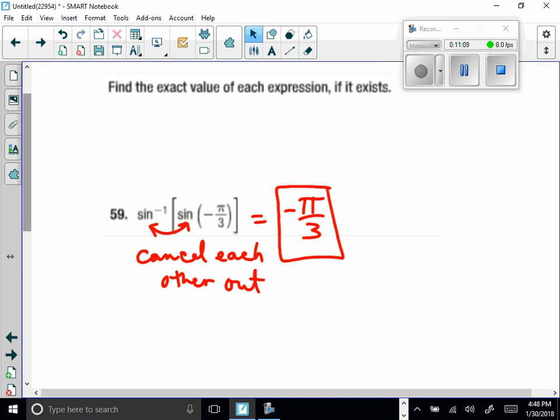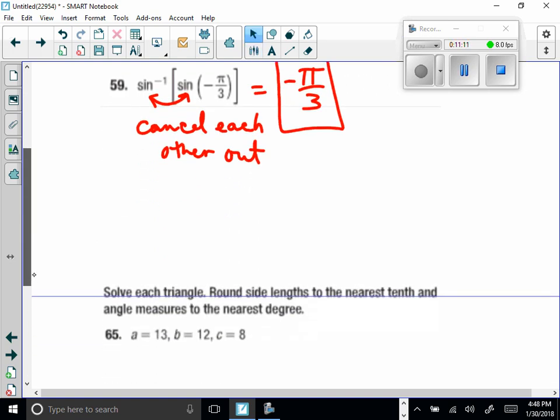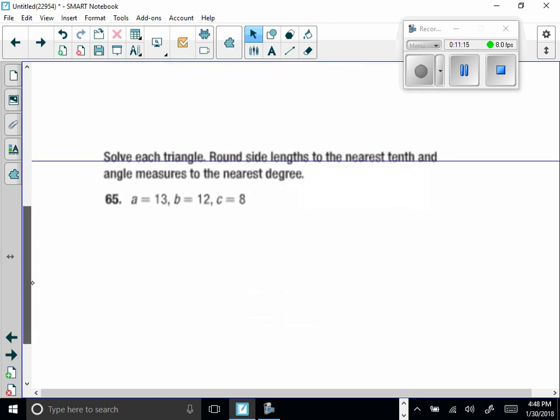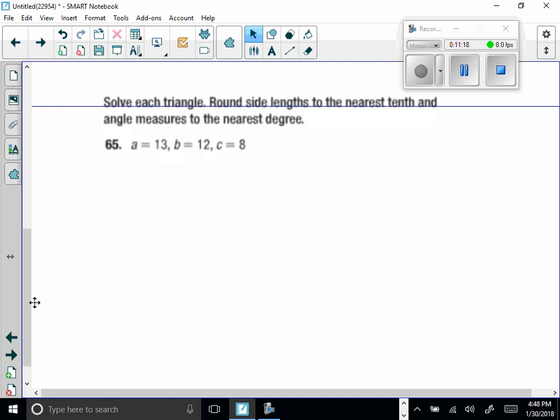So again, kind of an easy one on that. You can also use your calculator for any of these to help you get your answer. Okay, the last example here is from lesson 4-7, and lesson 4-7 had to do with